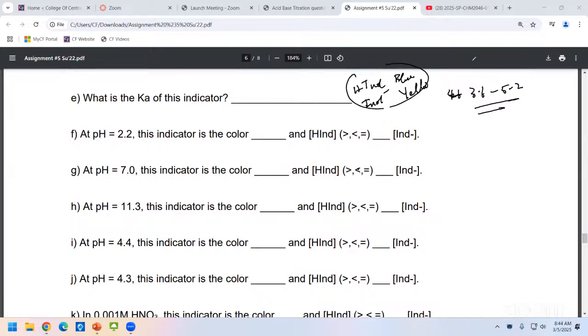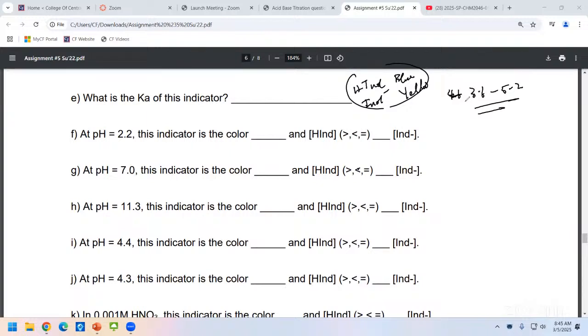So we need this and we need the pH range, right? So the question is, at pH 2.2, this indicator is the color blank, so you need to tell what the color is. And it says the HIND is either greater than, less than, or equal to the concentration of IND minus. Okay, so 2.2 is definitely less than 3.6, right? So therefore, we're talking about a definitely acidic